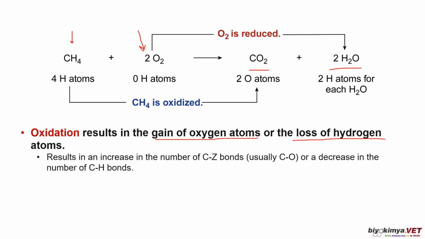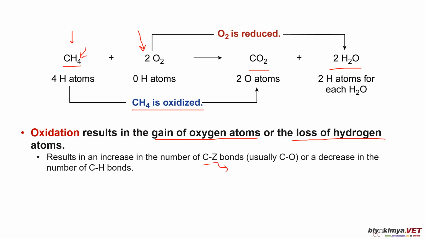And here, as you see in the reaction steps, the methane loses electrons, loses hydrogen, and gains oxygen, which means the methane is oxidized. So this reaction results in an increase in the number of C, which is carbon, and the